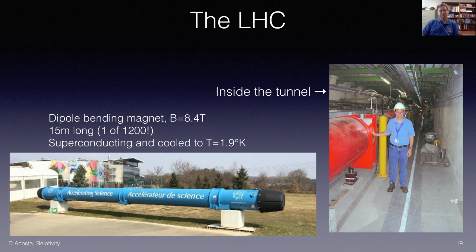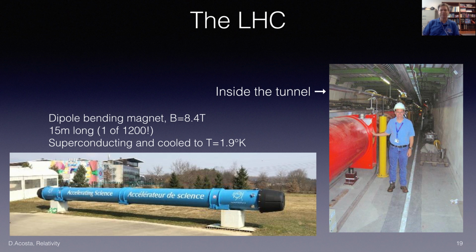The magnets that are used to bend the charged particles, the protons in this case, around that long ring are very large. So here's an example magnet. It's a dipole bending magnet. It reaches a field of nearly 8.5 Tesla, and it is 15 meters long, or about 50 feet. To operate that strong field, it has to operate at very cold temperatures, just below 2 degrees above absolute zero, and it is a superconducting magnet. But to give you an idea of how large this machine is, we need 1,200 of these magnets lining the machine to bend the charged particles, which is the part of this lecture that we'll show can be used to